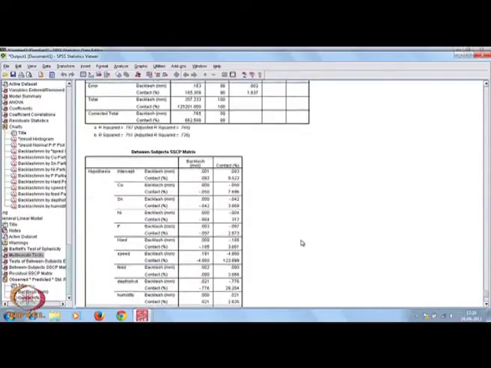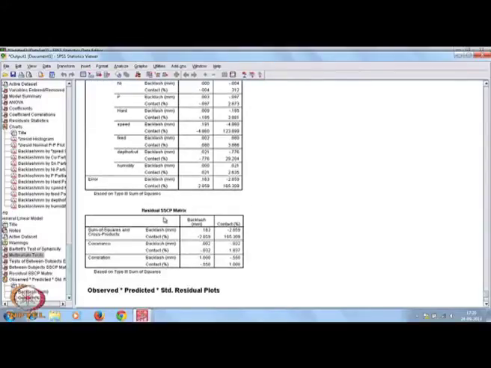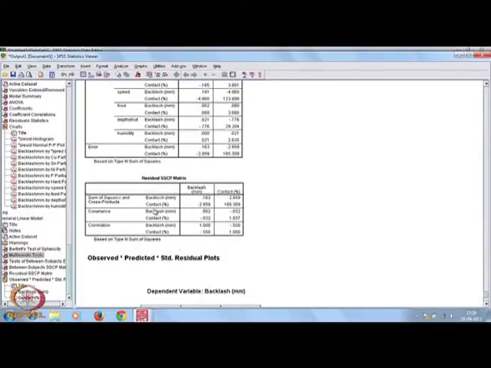Then you see the SSCP matrix between subjects, the SSCP matrix related to regression, then the residual SSCP matrix, this is the error one. Okay. So, now for backlash and for contact, the sums of squares and cross products, then covariance and correlation are given here.